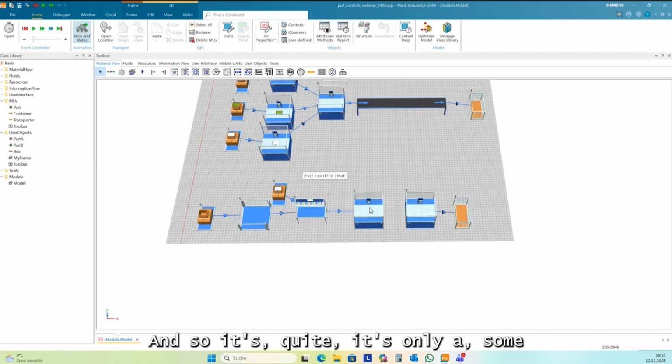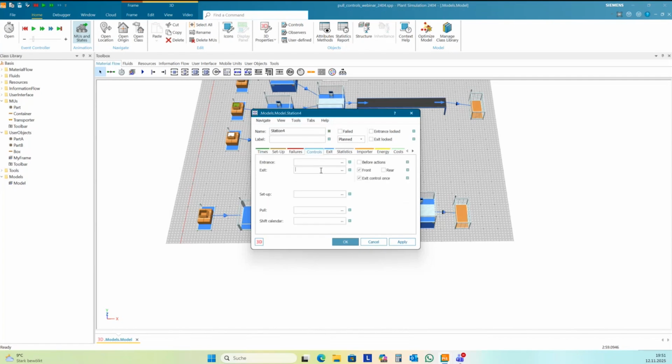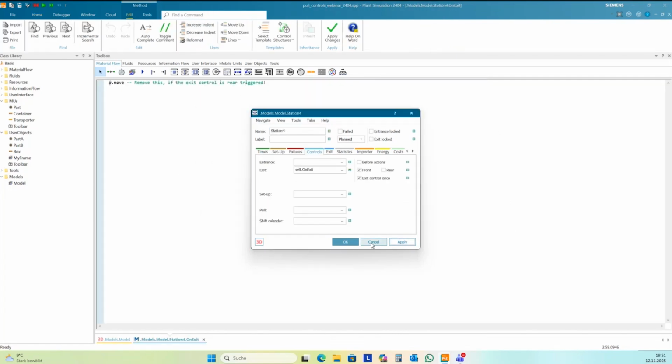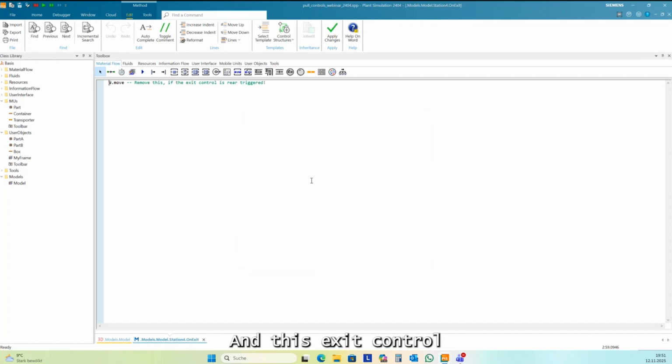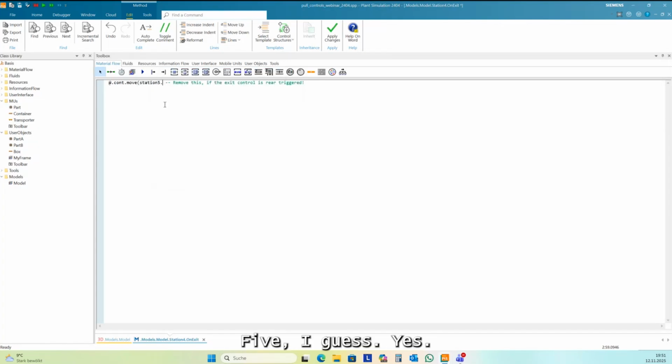And it's only some lines of code. So here we need exit control. And this exit control just moves one part out of the box with .cont .move, and it was station 5, I guess. Yes.